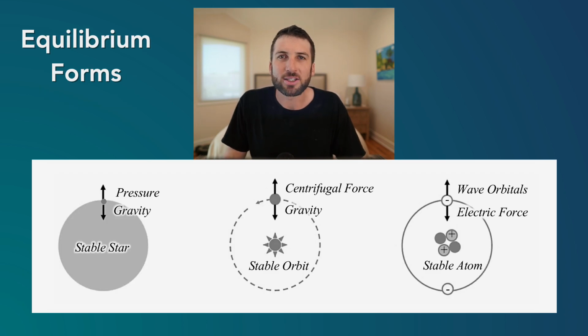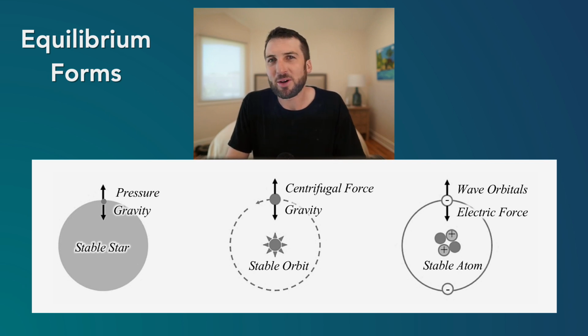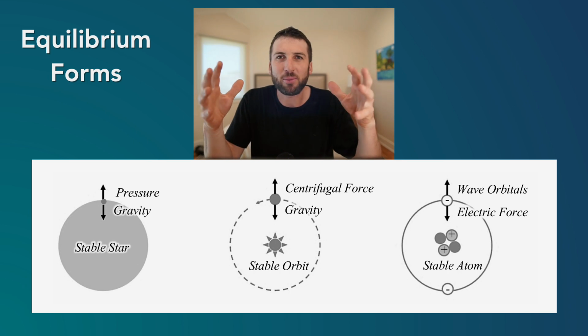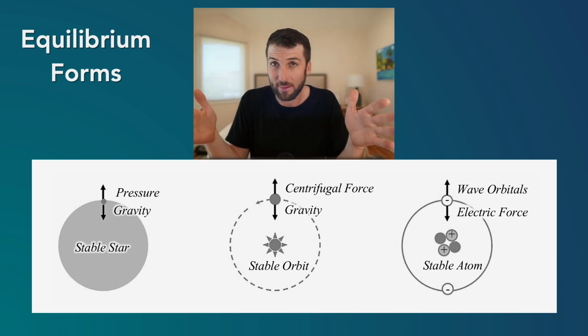So going back, we talked about this stable arch, and a lot of the other forms that we see in nature have to be in equilibrium, or they would explode or implode or something like this. For example, for the star, there's the outward hydrostatic pressure of the sun, and there's also the inward pressure of gravity. And it's all about finding that balance, right? Where the star is that balance.